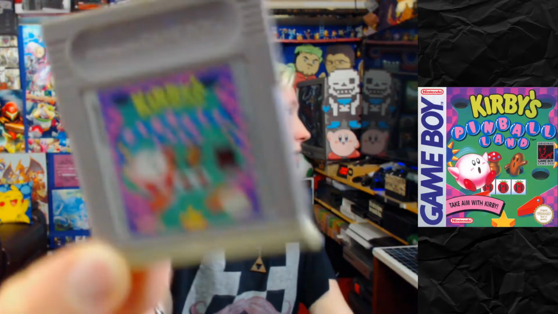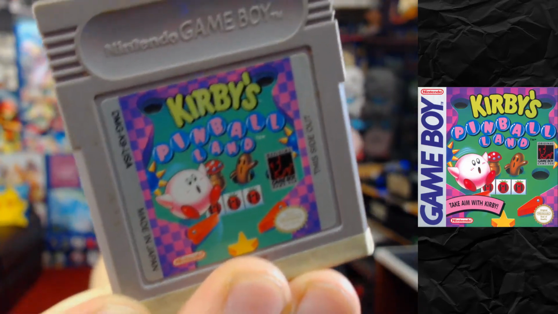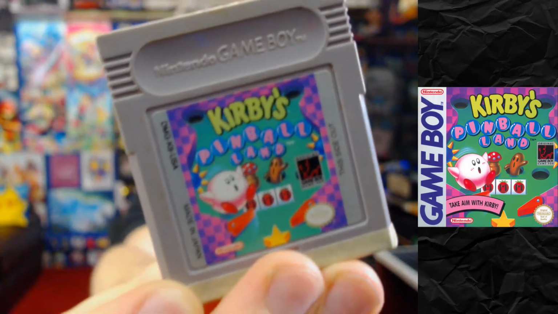I got Kirby's Pinball Land. Now I originally thought that this had the same thing as Pokemon Pinball for the Game Boy, where it had gyro controls, but this is one I could just play. Nintendo made a few pinball games in the Game Boy Advance era with their IPs, and I've seen a lot of Pokemon Pinball and Mario Pinball,